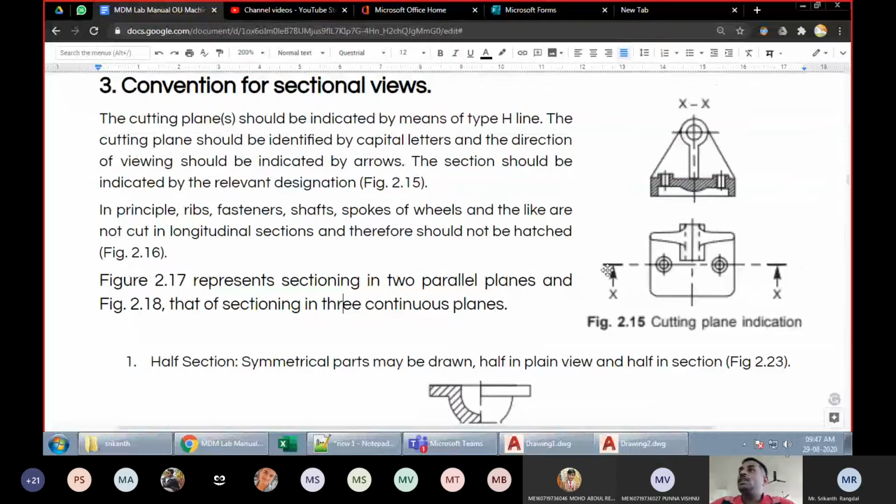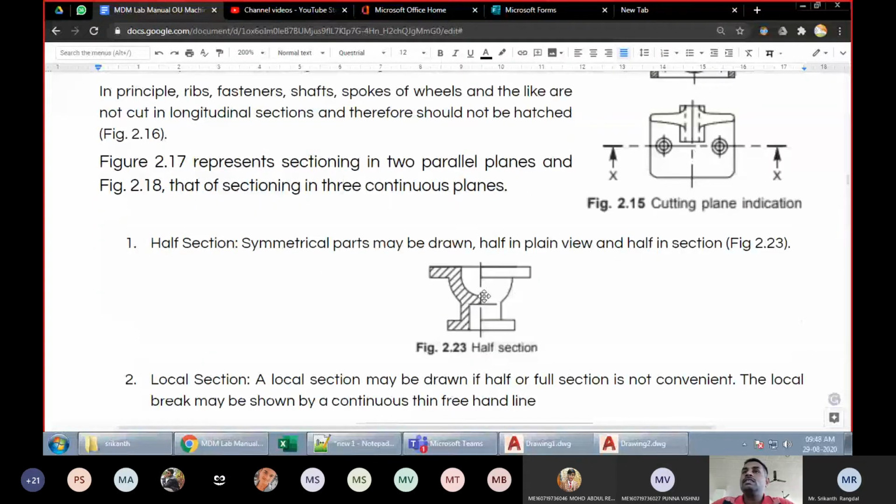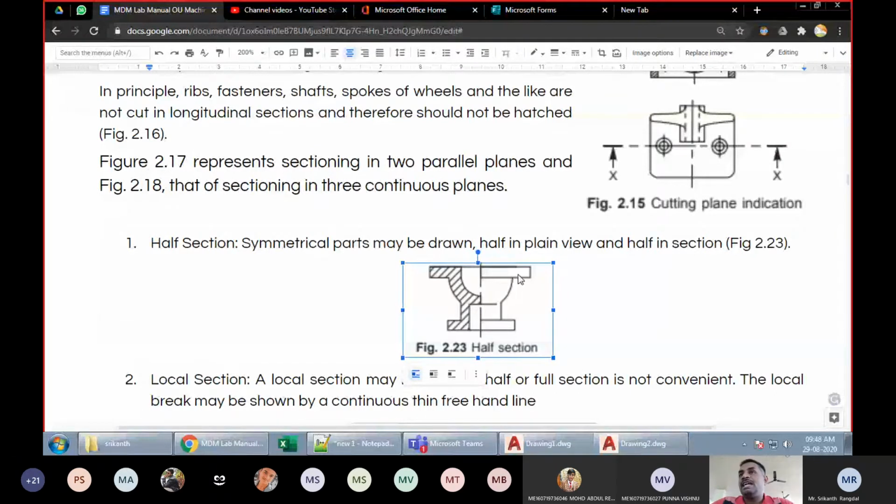So this is something called a full sectional view. And then we have here a half sectional view. What happens in half sectional view is the right side part will not be sectioned and only the left side part is sectioned. Right. So when do we use such sections?